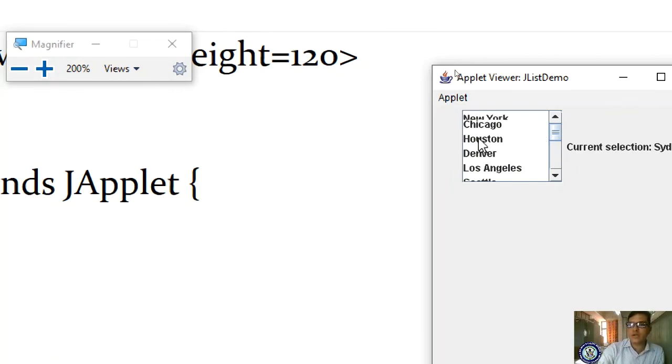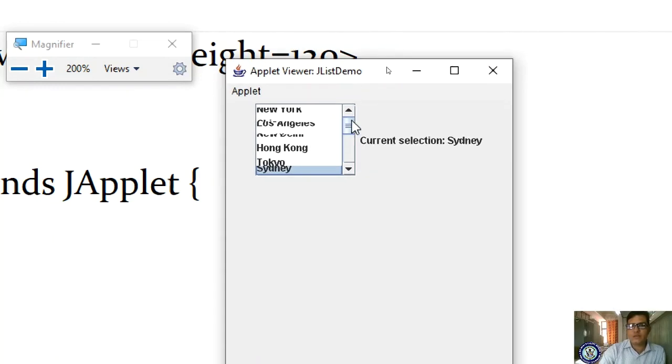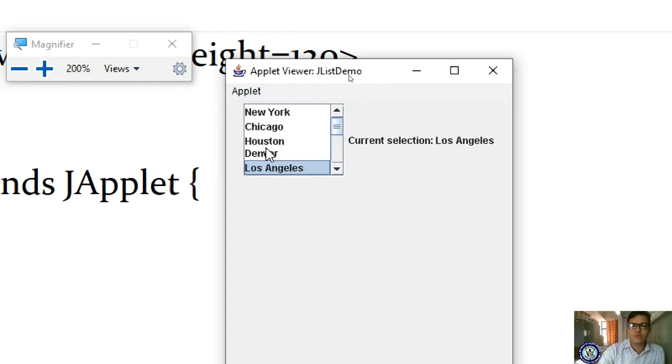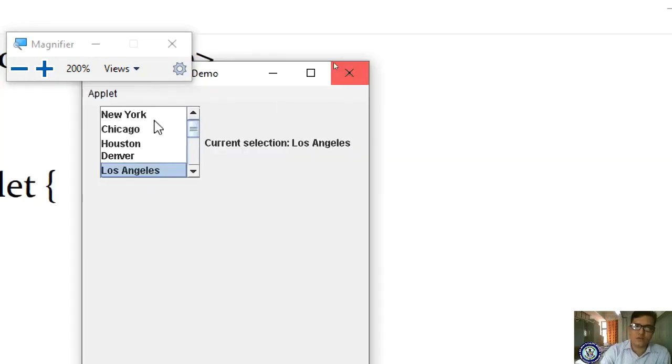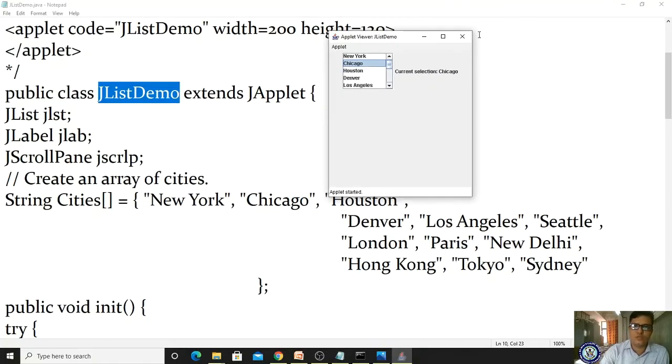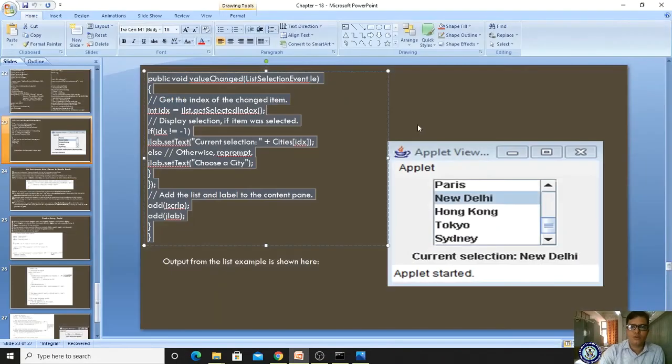In the JList box you added this array of items. Whatever items you have added will be displayed here, right? Suppose if I click Hong Kong or Austin, it will be displayed. So it is captured because of the list item selected, valueChanged event handler. Yes, in valueChanged you have written the code for what it is supposed to do. Okay, so this is your list box control.